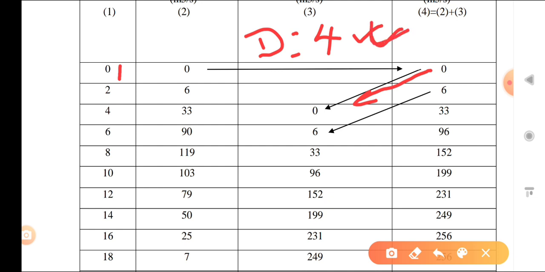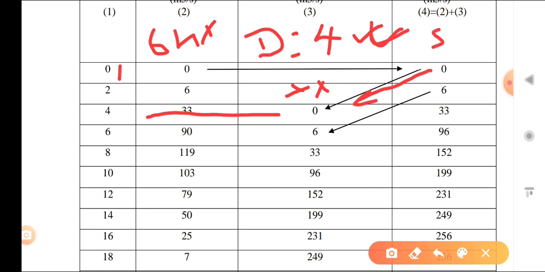Here, D is equal to 4, so that 0 goes to the 4, not to the 2. In the previous example we saw that 0 just went immediately. Suppose the given unit hydrograph had a duration of 6 hours, then that 0 would go to the 6. But here the given duration is 4 hours, so that 0 goes to the 4. Now we have to make the entry of the S curve ordinate.